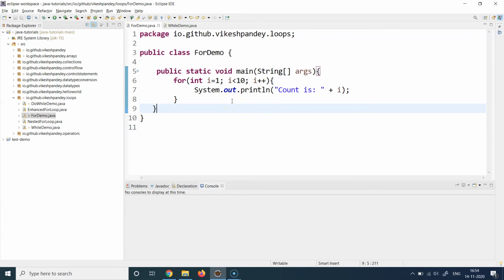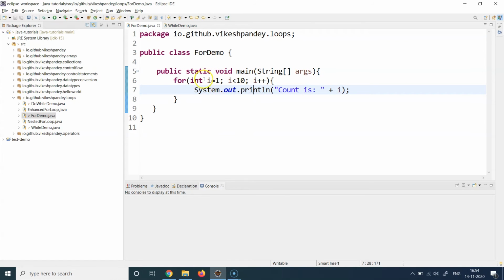It's very important to understand the control flow of a for loop. Otherwise, you might end up with a program which is forever running and which will just eat up all the memory available in your JVM. So be very sure of what you write in your for loop. Be very sure of especially these two parts, the condition and the increment or decrement. So this is a very important piece.